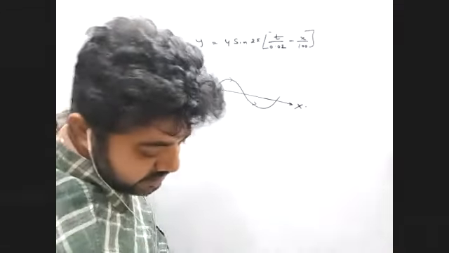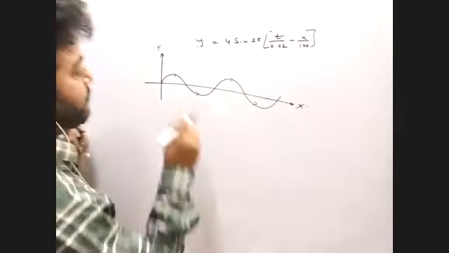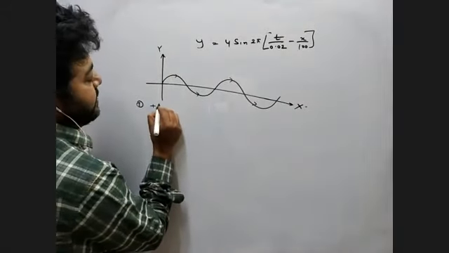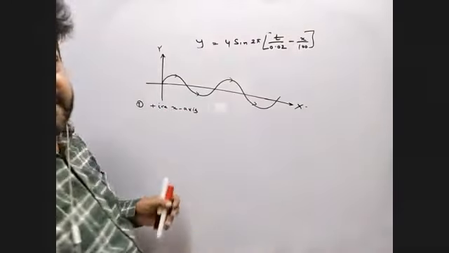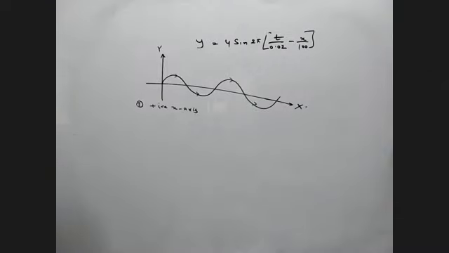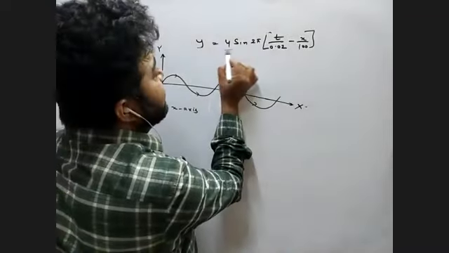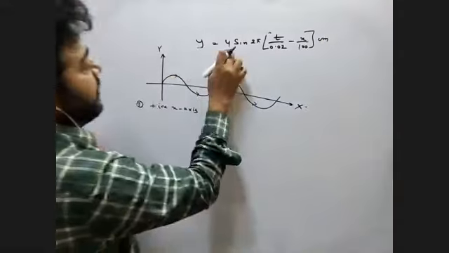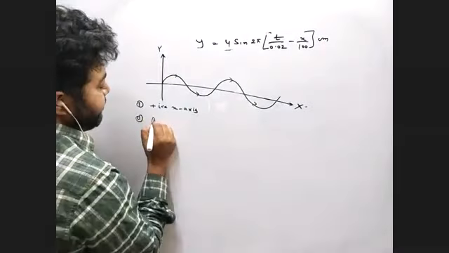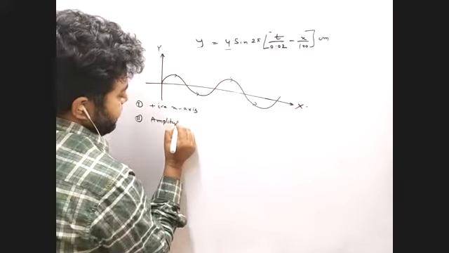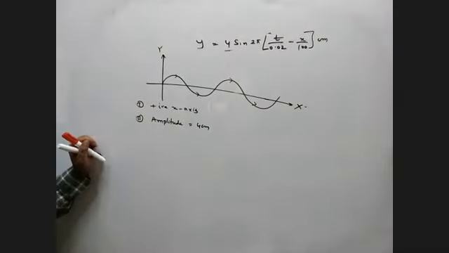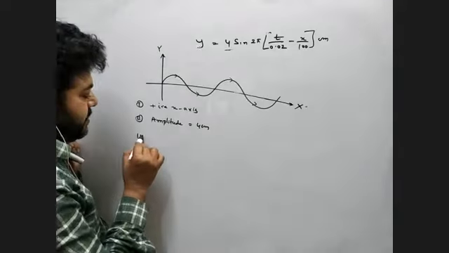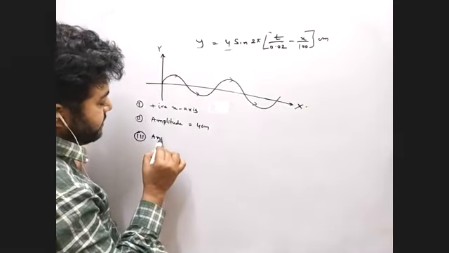So my first question is the direction in which the wave is propagating. Answer 1, what do we write? Positive x-axis. Is it clear, everyone? You all understand the first part of the question? Yes, sir. Now the second part is, what is the amplitude? This one is your amplitude and that is in centimeter. So second one, amplitude. So the amplitude is 4 centimeter. Is it clear? Yes, sir. Third one, you have to find out the angular frequency.